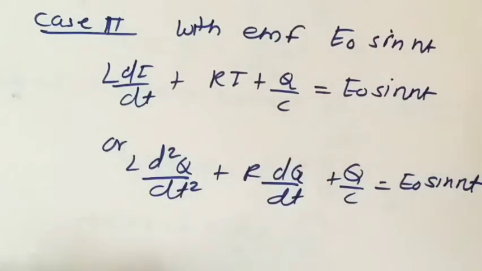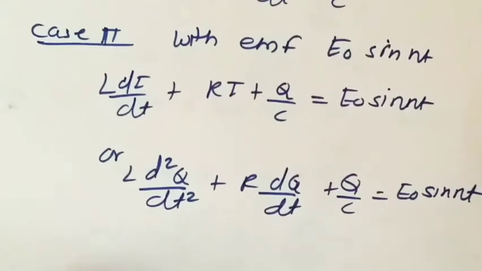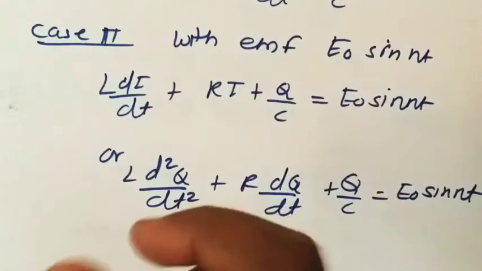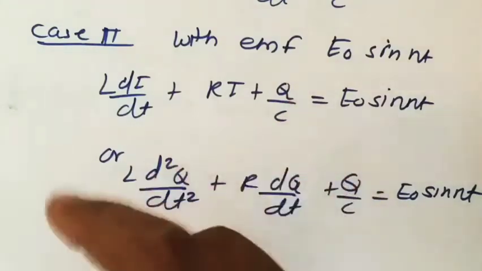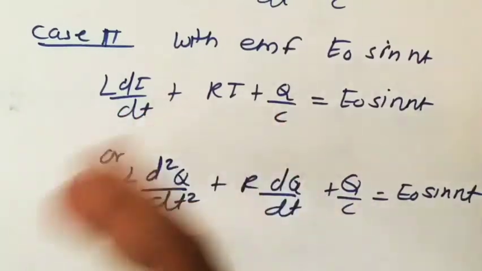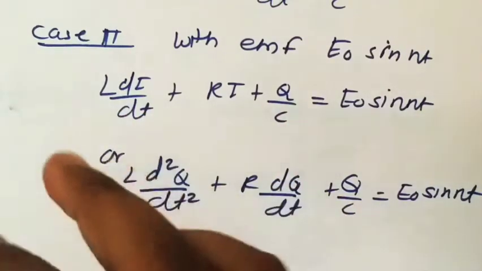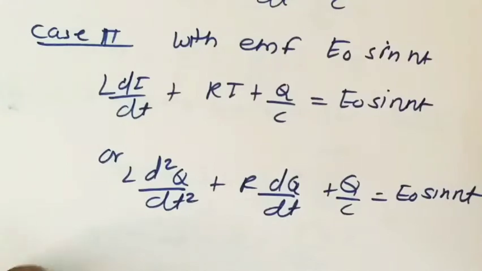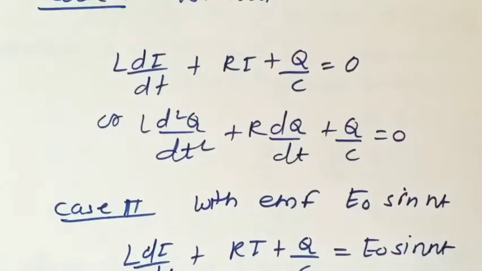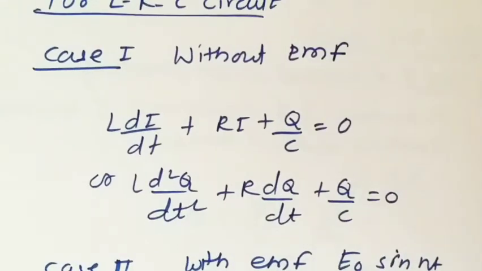If they ask you to calculate charge or current at any particular time t, whatever equation you get for charge or current will be in terms of t. Just substitute the given value of time t in that equation to get the charge or current at that particular time. So this is the discussion regarding problems on electrical circuits, simple electrical circuits. Hope you have understood this.